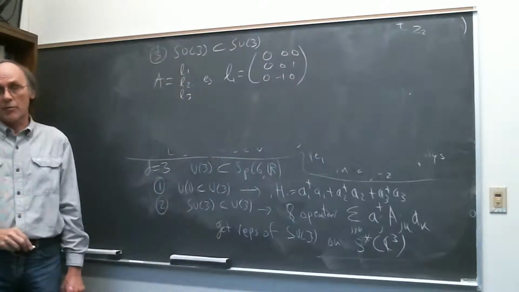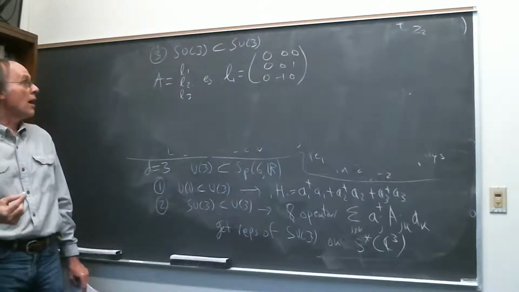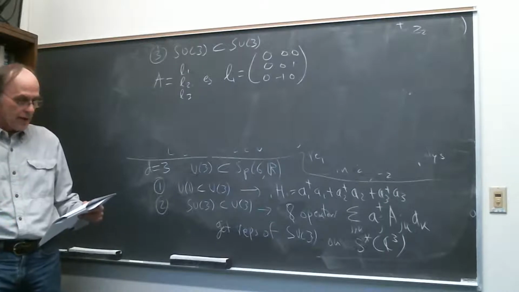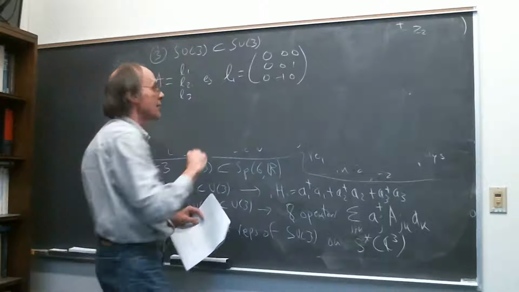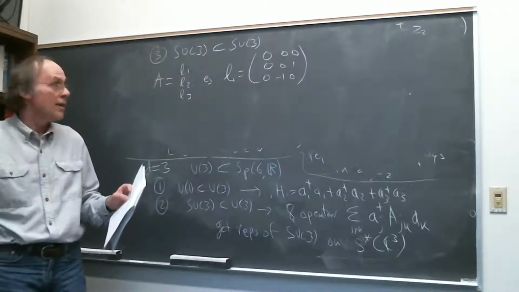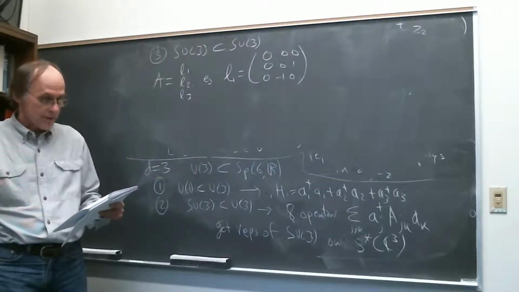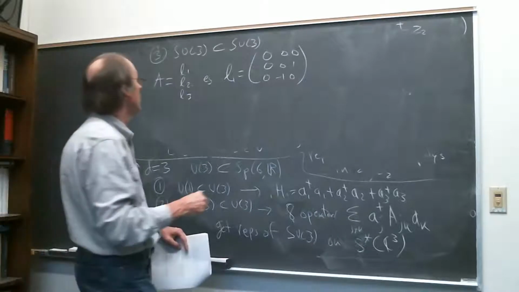If you take that real matrix, then you have to keep your eyes straight when you quantize, to get something that's Hermitian, and you get